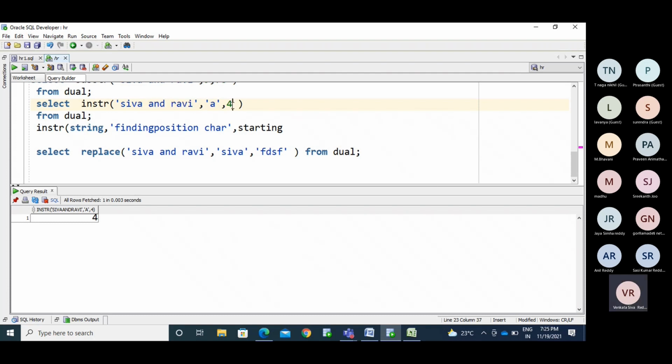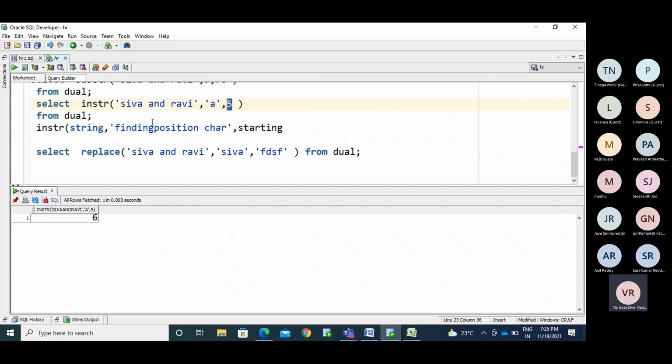Now I make it fifth and check. Now we have 6. Do you understand this parameter? This parameter will help you decide from which position I need to start the searching operation for that particular character.